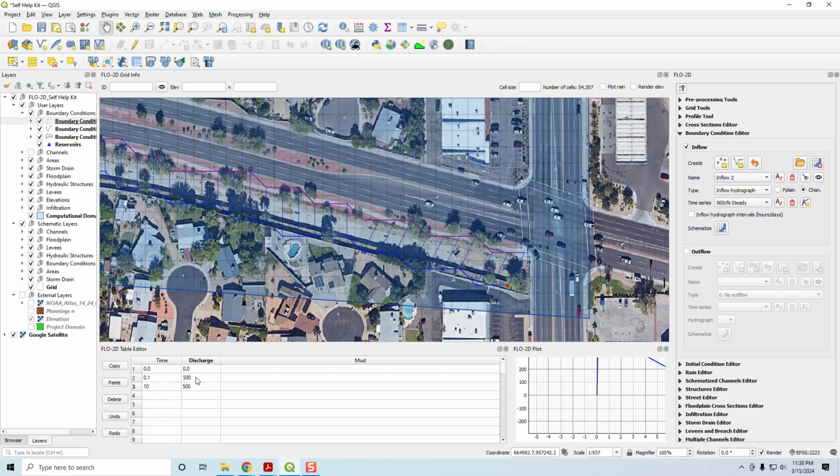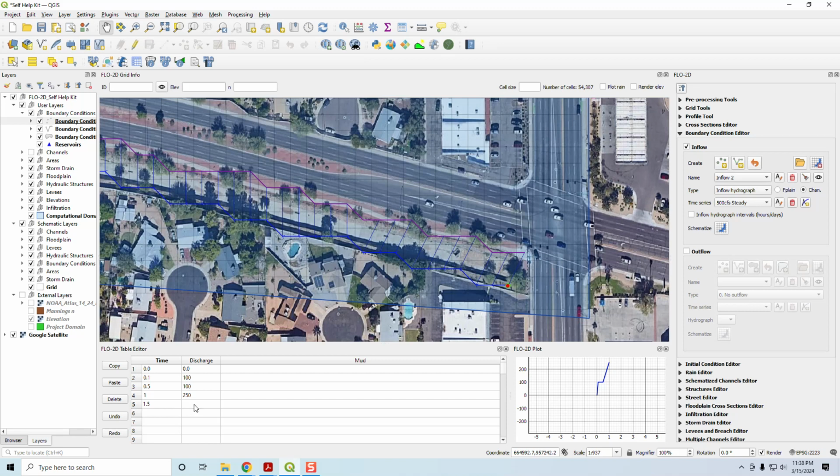Or you could ramp that up over an hour, or you could ramp it up in increments. This is actually a good idea. So if you want to try to get up closer to bank full, you can start at 0.1, and this can be 100, and then this can be 0. Let's say 0.5, and that can be 100, and then this will go up to 1, and that can be 250, and this will be